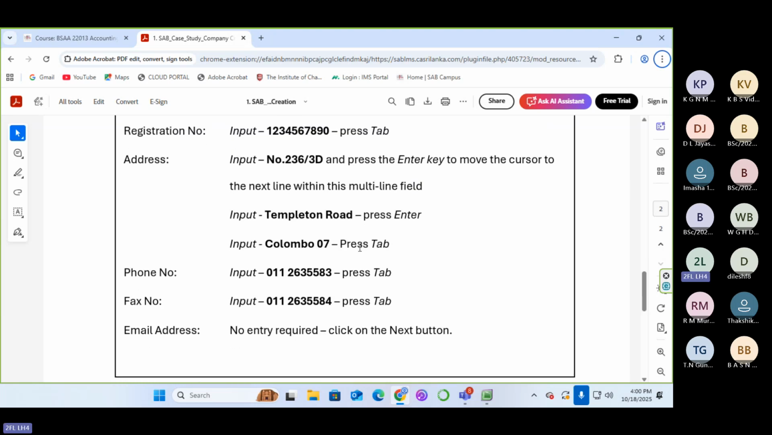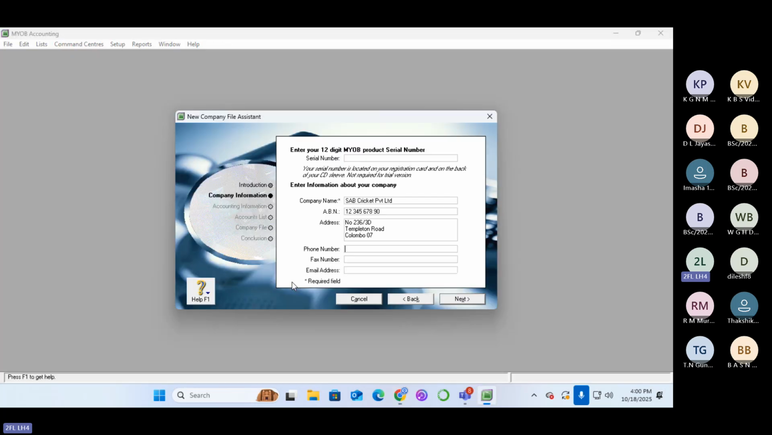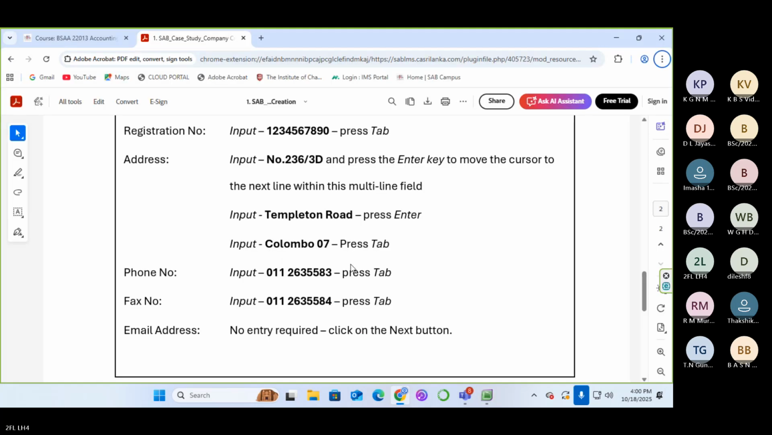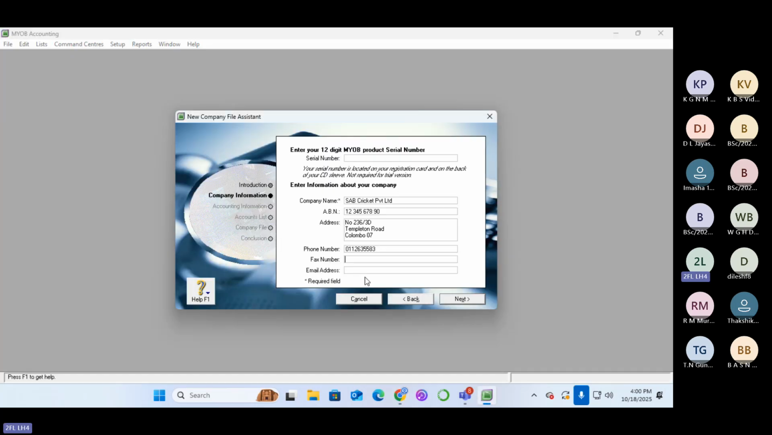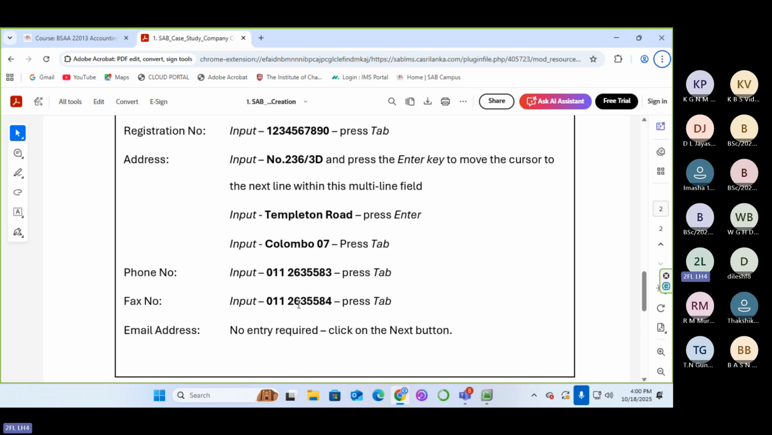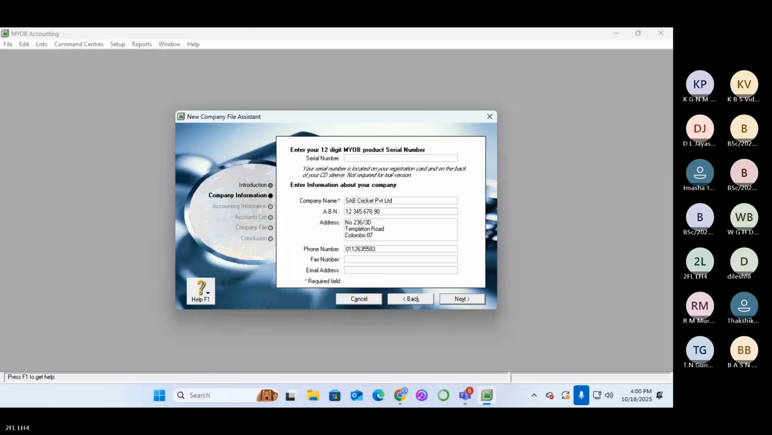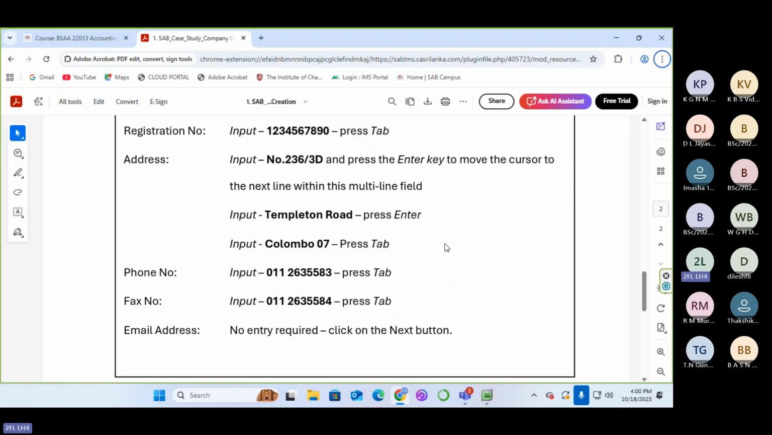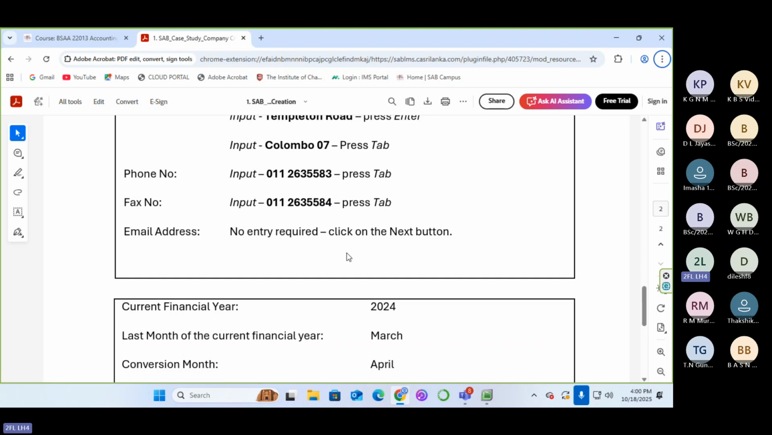Okay. And then you can enter the phone number 0112-635-583. And the fax number 0112-635-584. Right. Under the email address,